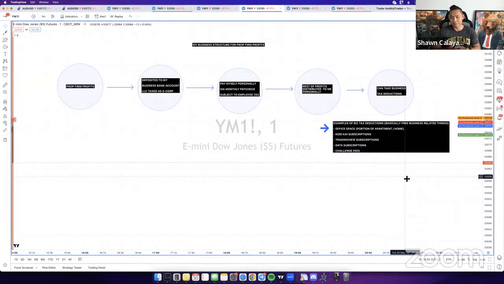Hussein's asking, what about offshore bank accounts? I don't know where you're located, Hussein, but the IRS does not play. So yeah, you can do what you want with an offshore bank account. I don't know if you're located in the US, but if you're located in the UK, I don't know how strict they are. But the IRS in the US, there's always a paper trail. You can't just get away by putting your money in an offshore account.